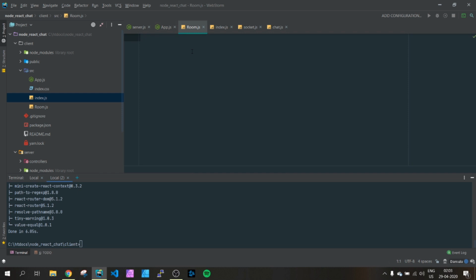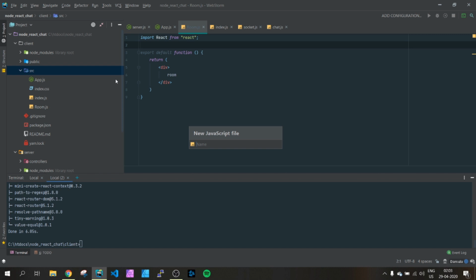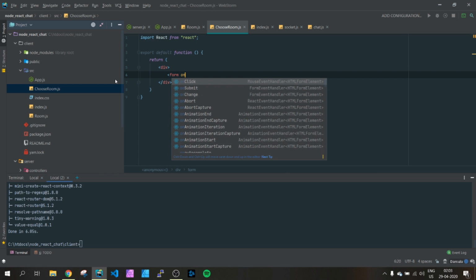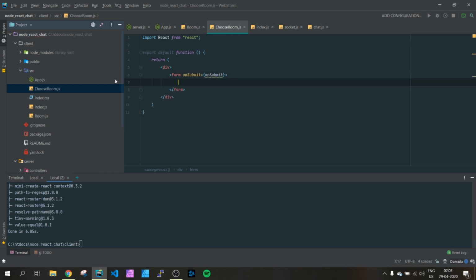And in Room.js we will say import React from React, export default function, return div Room. And I will create a component called ChooseRoom, import React, export default function, return, like so, div, and here we'll create a form, and submit, input class name, just